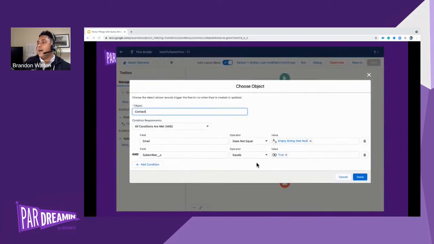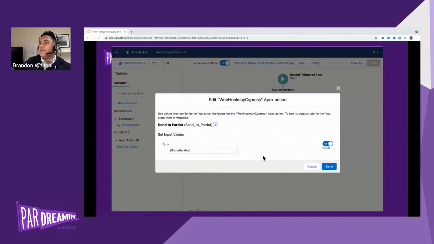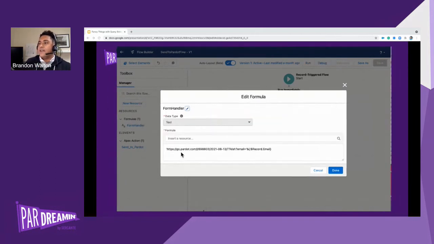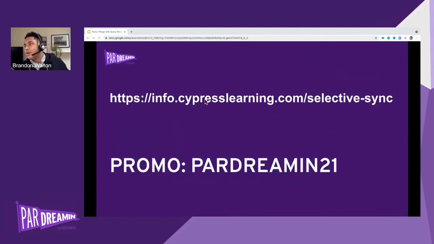Pretty fun stuff. So on this example here, just to show you a little bit more about what we did, this is on a contact. The idea is the email field is not empty, and they are a subscriber. So the subscriber is checked to true. That's going to initiate our flow here. And then we just have that value, that form handler. You saw that formula there, the formula form handler. So when the condition is met, we're going to call this form handler formula. It's going to do an HTTP post to our form handler. Boom. And then that prospect will be added to Pardot or resynced with Pardot, added to that form handler. Then we can have all of our Pardot magic take over from there.